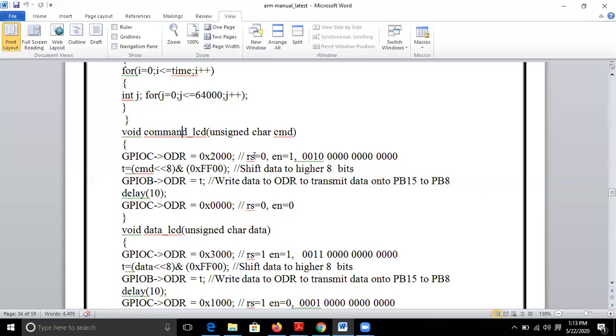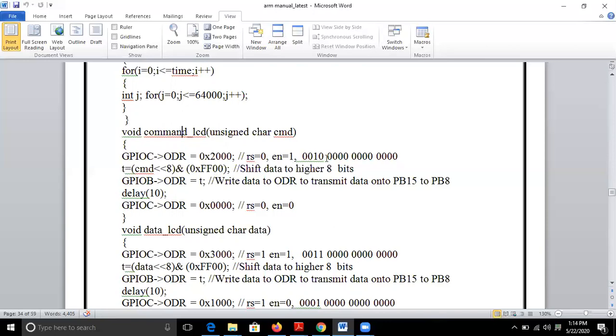So command LCD will force register select value to 0, enable to 1, and then it will force the value that you have passed through CMD onto the pins of port C, which are connected to register select and enable.